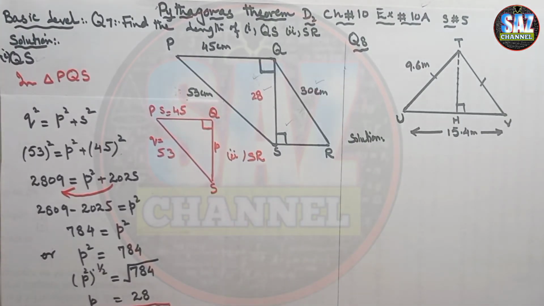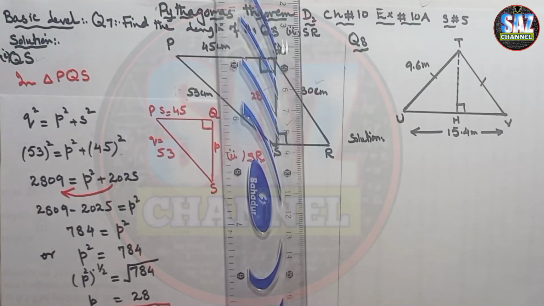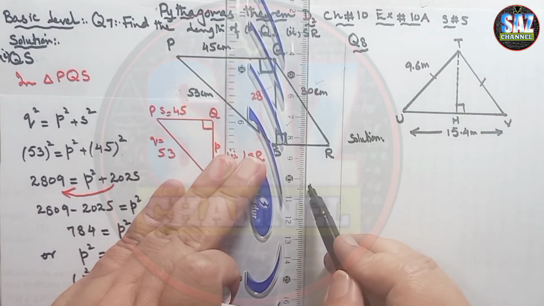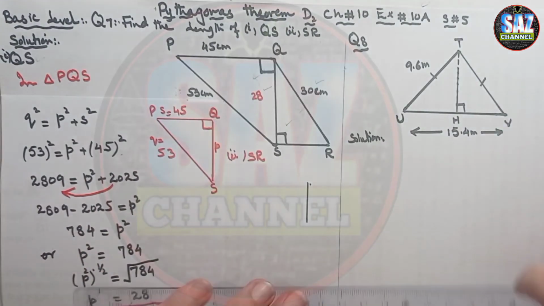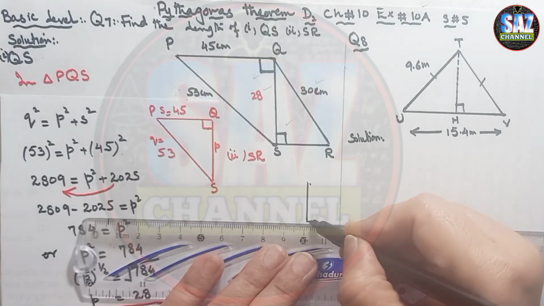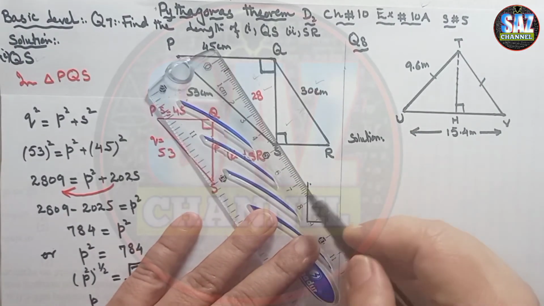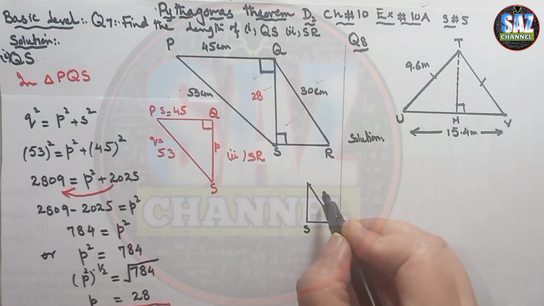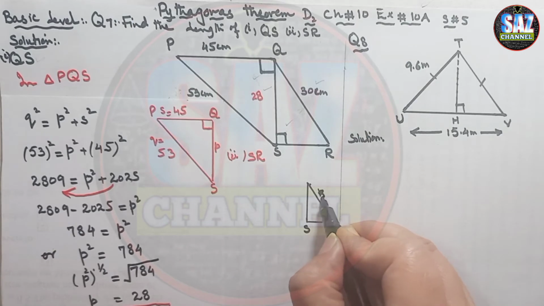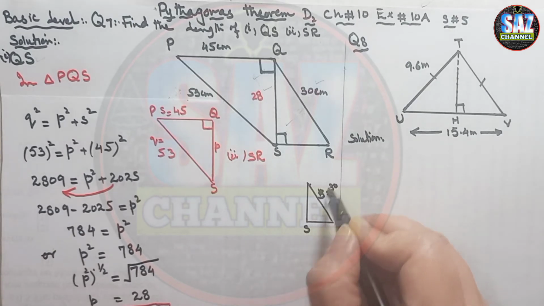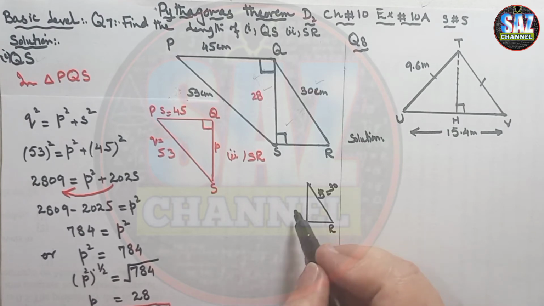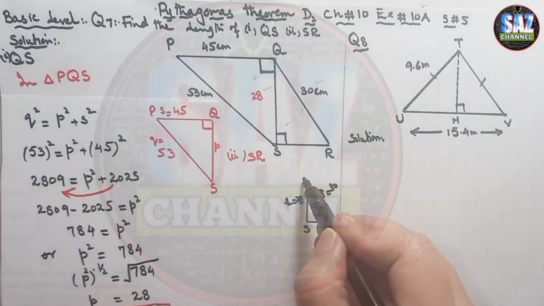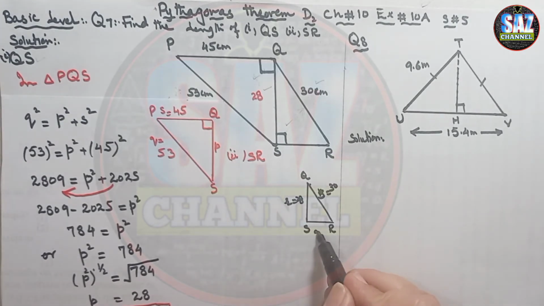So for the solution of the second part, it's better to draw a small figure here so that the examiner can understand your working and method easily. Okay, let me quickly draw this figure. This is S, so this side will be marked with S, which is equal to 30, and this is R, so this is R and 28, and then Q is unknown.